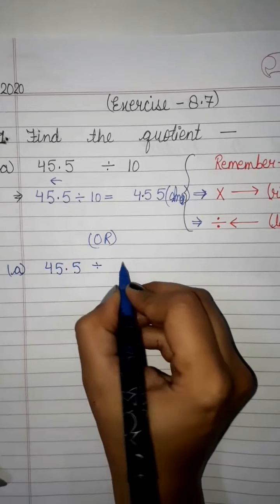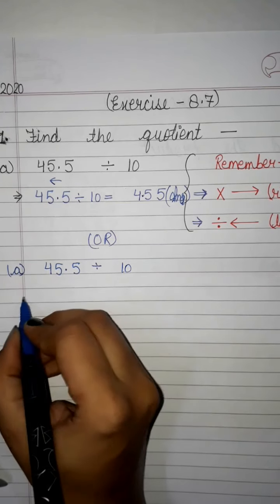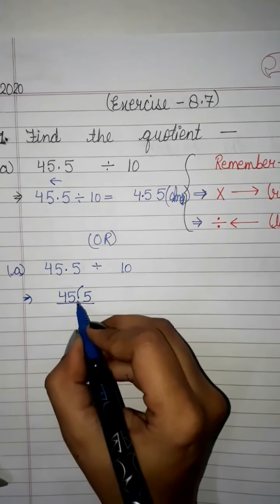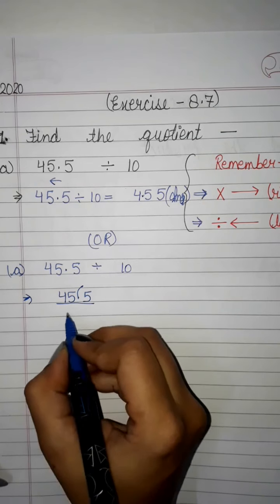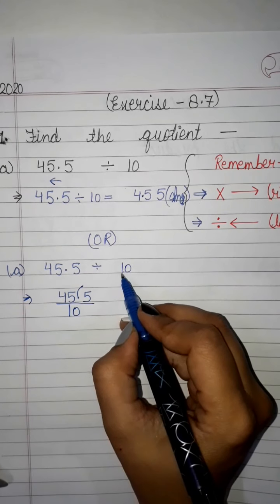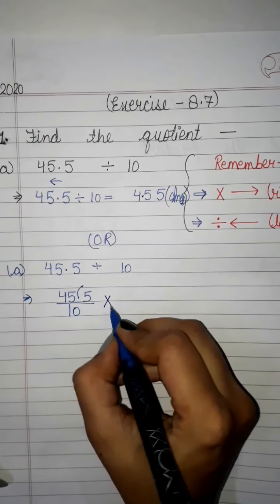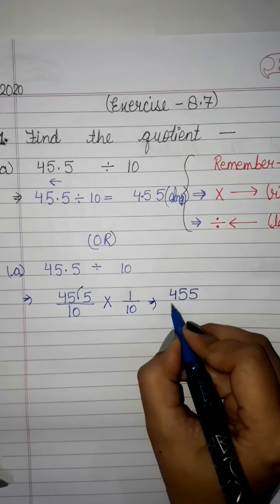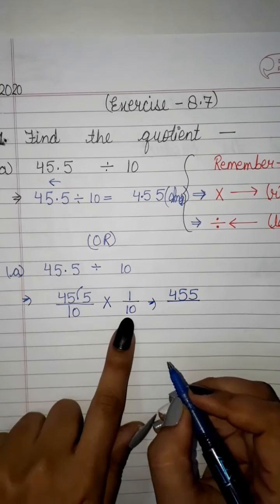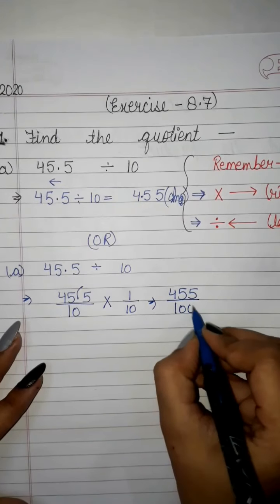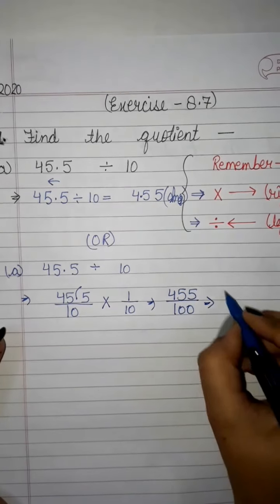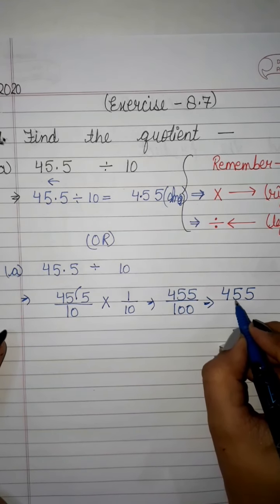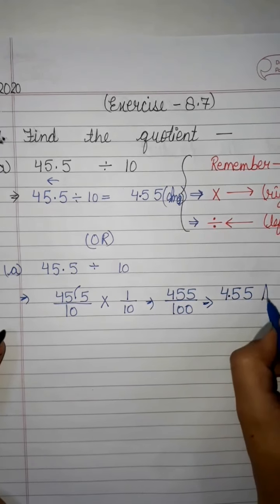See, the question is 45.5 divided by 10. Now how to do the solution? See, remove this decimal. I already explained how to remove. After this decimal we have one place, one digit. So we will write 10. Now this 10, we can reciprocate into 1 by 10. Now what has it become? 455 upon 10 into 10. That will be 100. So now 2 digits. First write the number. 2 digits, that means 2 zeros are there. 1, 2. So 4.55 is the answer.